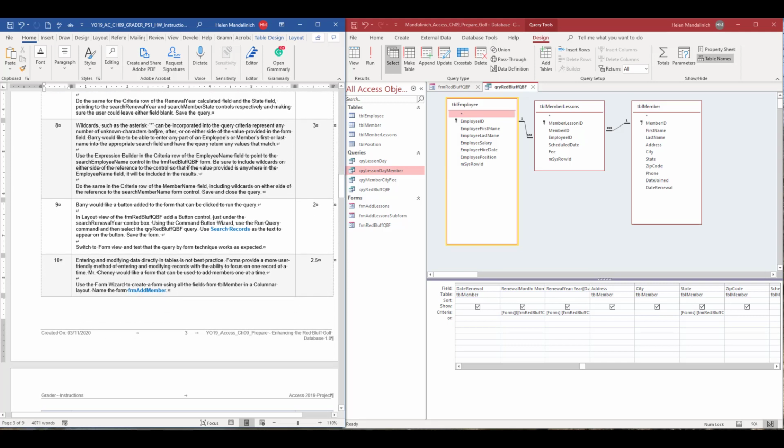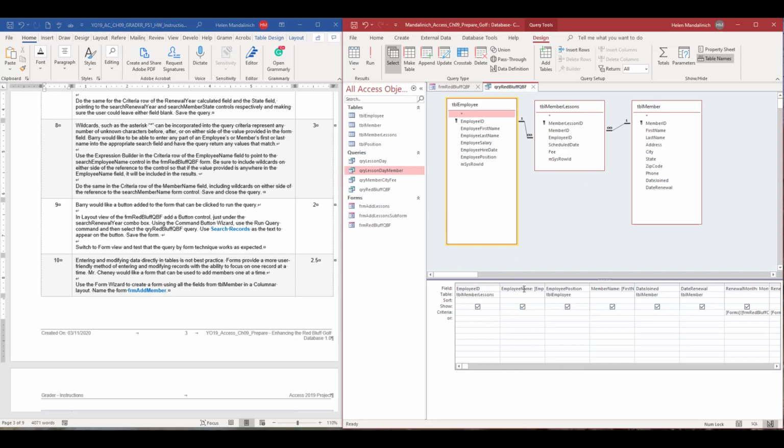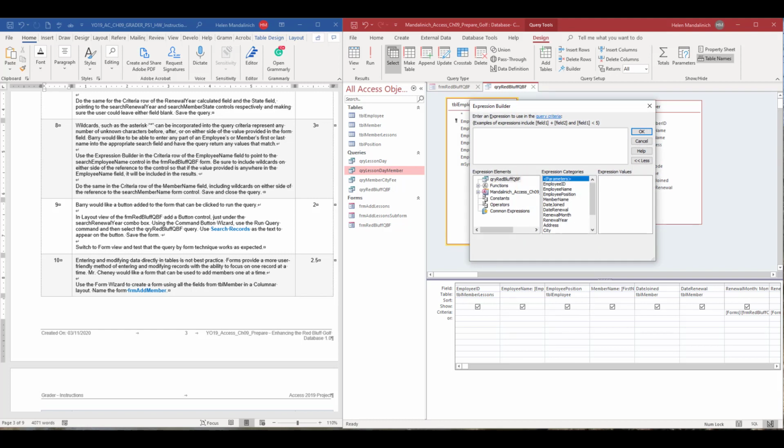Wildcards such as the asterisk can be incorporated into the query criteria to represent any number of unknown characters before or after either side of the value. Barry would like to be able to enter any part of an employee or member's first or last name and have the query return a value that matches. So, all right, so we know how to do that. So let's go to the employee's name, right? And we're going to right click and build,